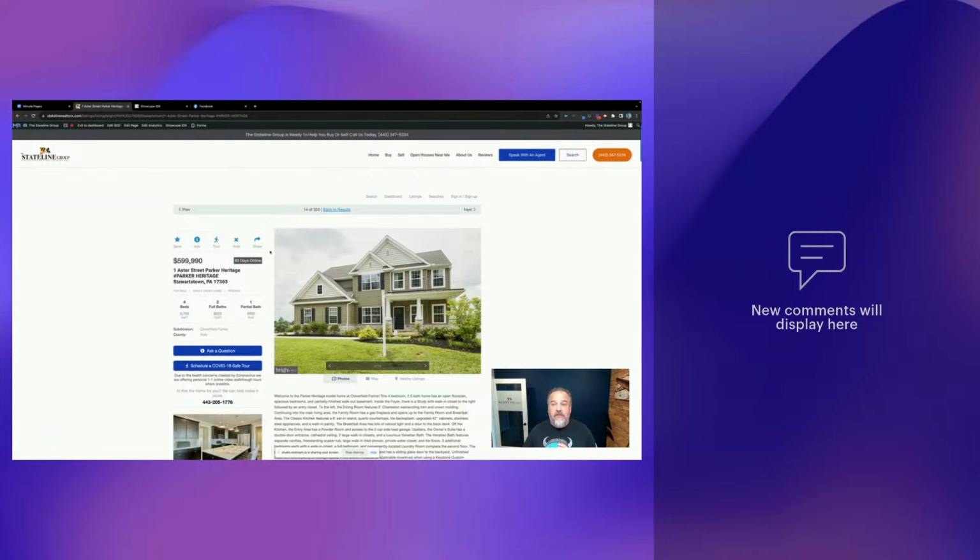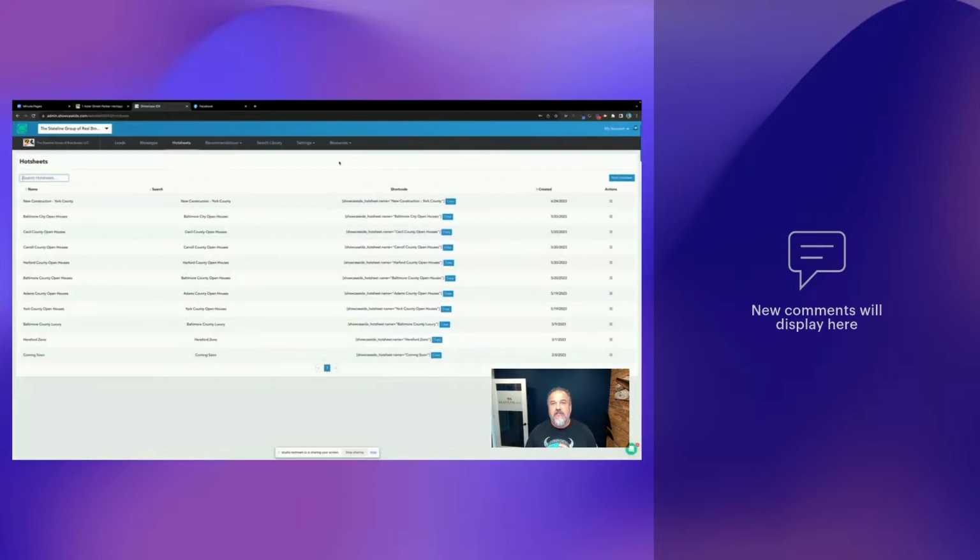They can reach out to us directly. You've got call to actions here, speak to an agent, direct phone number dials right here. So all that's available. So that page took just a few minutes to build out. Now, we set up the page, we started the build, and then we went into ShowCase IDX, which is the